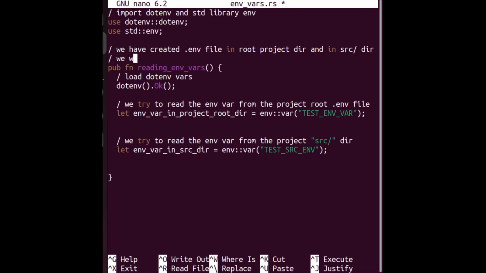That's where the question came to my mind, and I was just like, I want to use it just like in Python, have a file, so that I got those environment variables all in the same file. So we have created the file in the project root directory, and in the source directory, we want to know where the dotenv file is read from. By default,